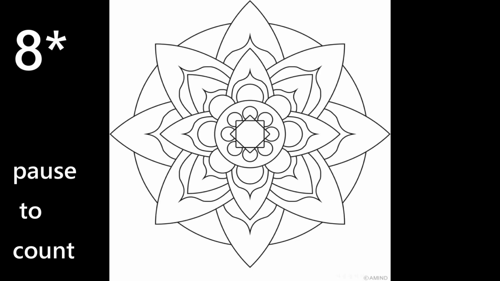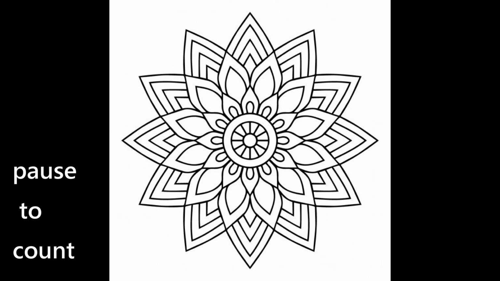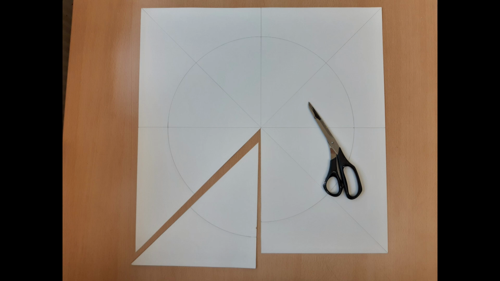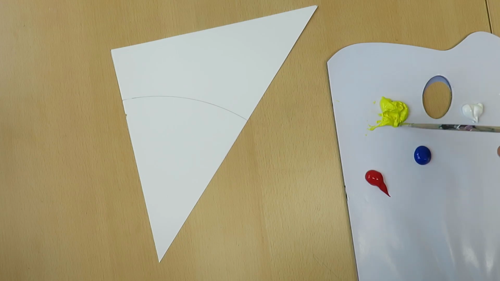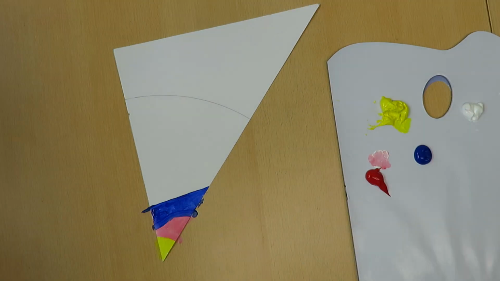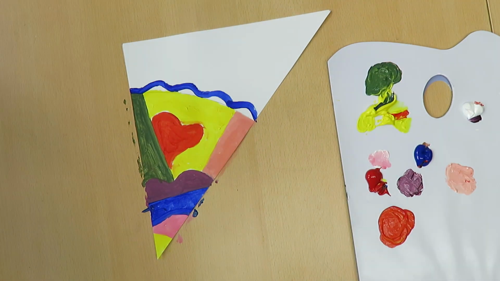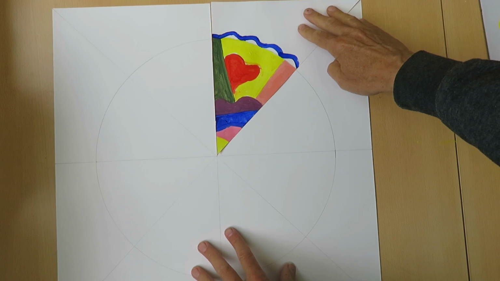Over to another mandala aspect. Usually a mandala consists of 4, 8 or 12 identical parts, like the spokes in a wheel. I take one of the 50 by 65 sheets I always paint on and cut it to 50 by 50 centimeters. I divide it into 8 parts, draw a circle and cut out one segment. On this piece I can do whatever I want. Because I paint next to still wet paint, it's a bit difficult. Now I put it back.